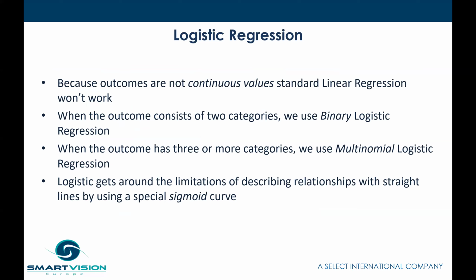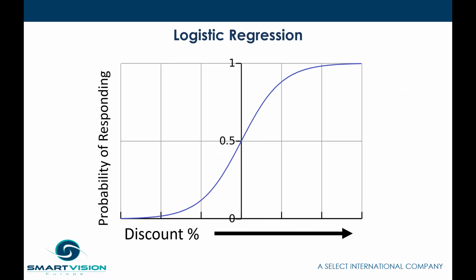When the outcome consists of two categories, we use binary logistic regression. And when the outcome has three or more categories, we use multinomial logistic regression. Logistic regression gets around the limitations of describing relationships of straight lines by using a special sigmoid curve. And it looks like this. So this sigmoid curve, logistic regression, doesn't use a straight line, it uses a sigmoid curve. Generally speaking, within the world of statistics, when they see a phenomenon, what has happened in the past, particularly prior to computing capabilities, is that statisticians have looked around to say,